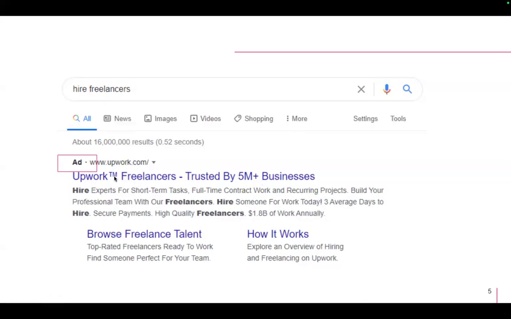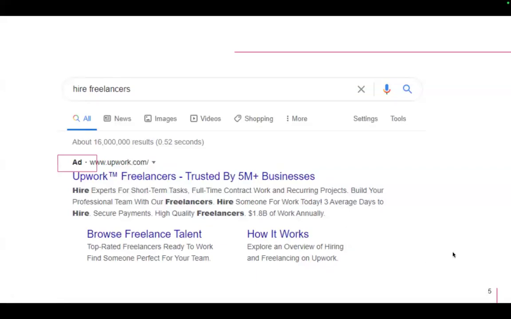So clearly this company is called Upwork. They want to have their business name in their headline, and then they want to explain what they do. These blocks over here, these ones are site links, or they can be callouts. You will have a larger ad the more you add onto it. So this is the absolute basic bare minimum that you need to add into an ad: a headline and a description, and then you can add more things.